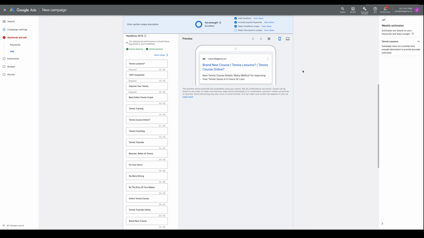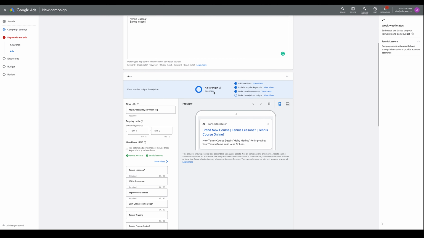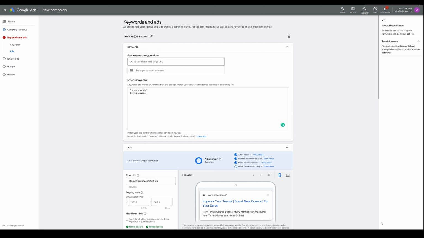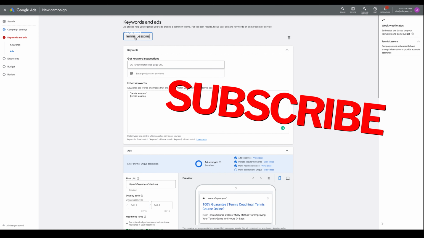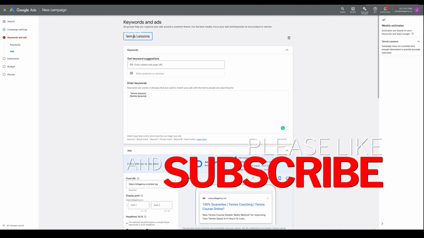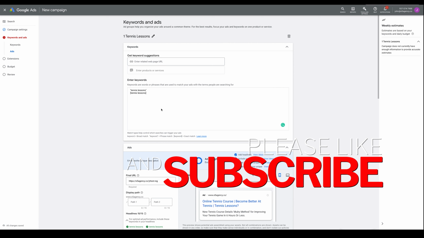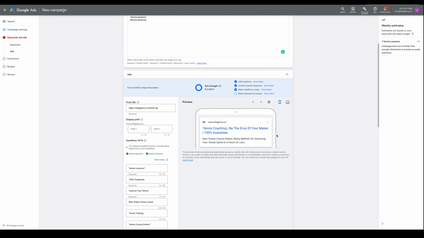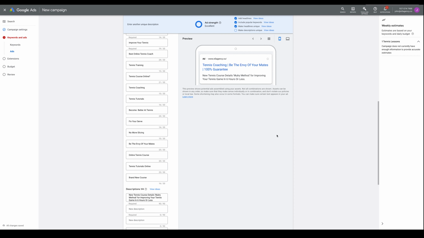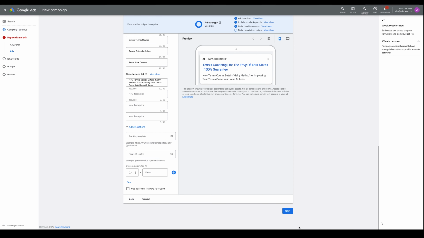What's going to happen is, because we're using lots of different headlines, the ad strength is excellent. We always want to make sure our ad strength is excellent. Now this is just the first ad group, and we'll just call this 1, so we know it's the first one. Tennis lessons. We will be adding negative keywords to it, and I'll be getting to that in a second. But first, we're just going to go down here to next,